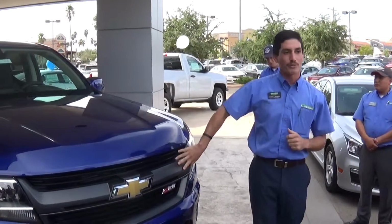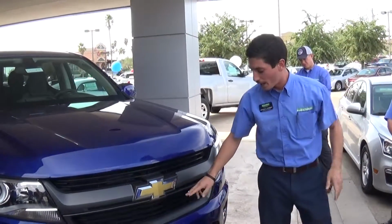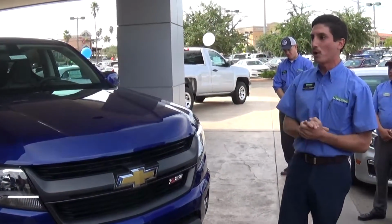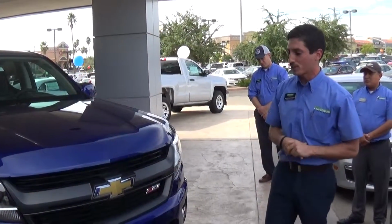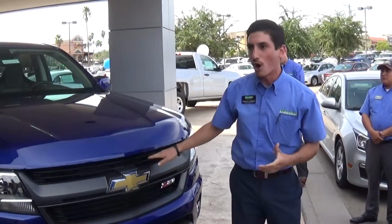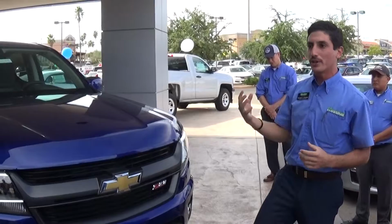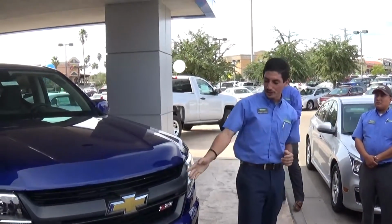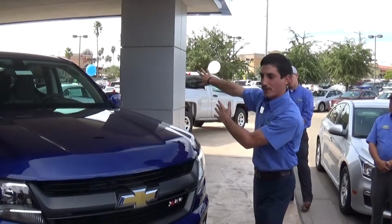Not only do they stop there in the front, but they have this shutter system just like in our Cruze Eco. It opens up and shuts to make it the most aerodynamic and allows the air to flow around the vehicle as best as possible. When you're towing, it's actually going to open up. This way you can cool down the engine as much as possible. And when you're not towing and don't need all of that power, it's actually going to close up. This way the air doesn't try going in there and it just flows all around the vehicle, along with all